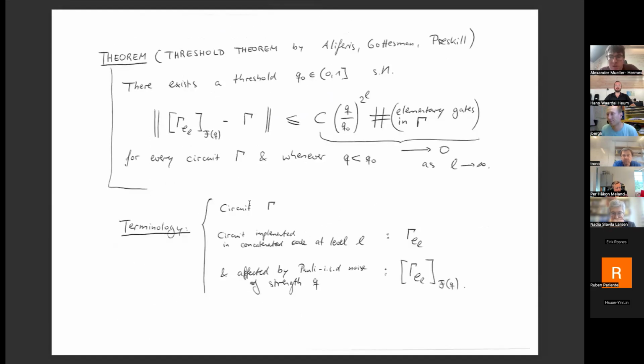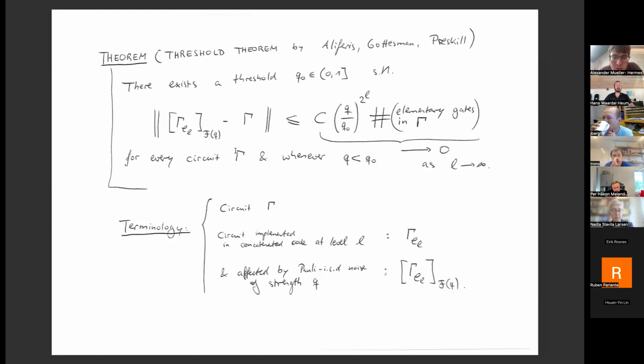So what's the threshold theorem that I've now mentioned? It's this theorem by Aliferis, Gottesman, and Preskill. They are the ones that proved this version of the threshold theorem, but this goes back to Aharonov and Ben-Or and others, Kitaev, and there are many versions of this. What these theorems say is that there exists a threshold q0, a non-zero number, compared to the noise of your quantum computer,